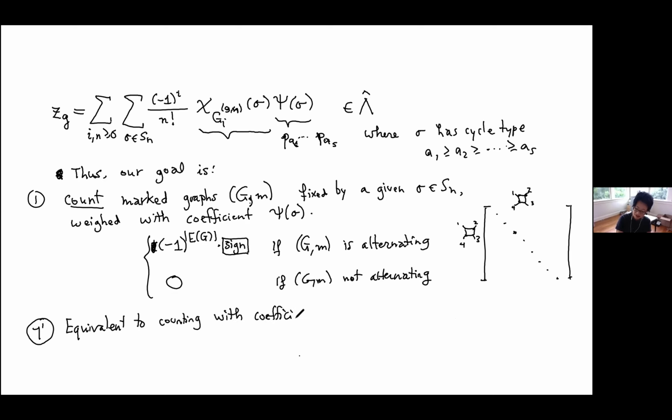So I claim that this is another way of writing the coefficients. Namely, this thing where you have something if the graph is alternating and 0 if it's not alternating is not as natural as simply summing over all automorphisms of the combinatorial data G, M